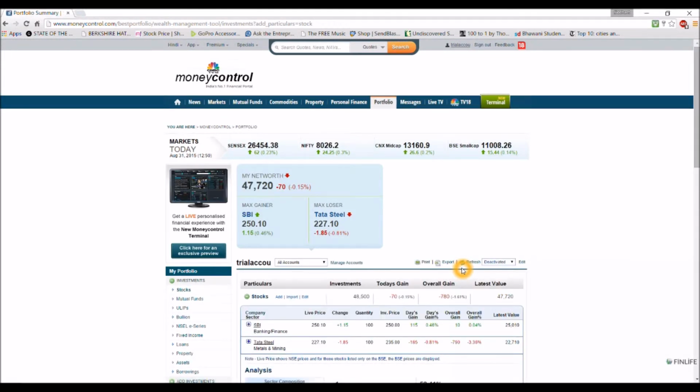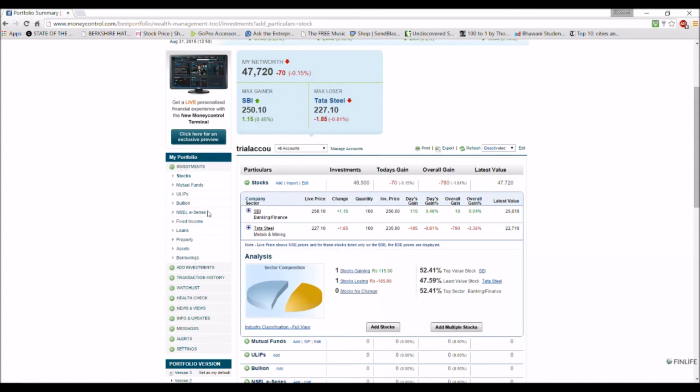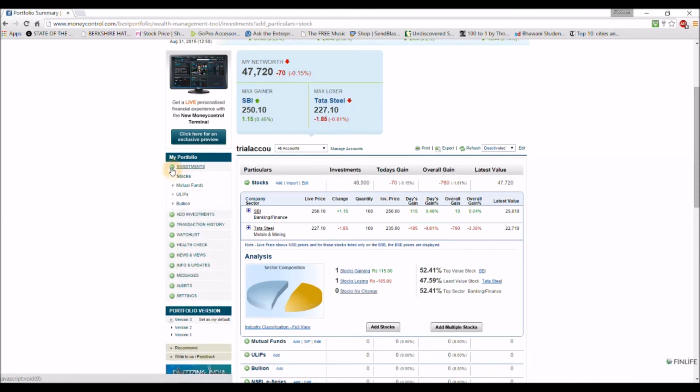Further, you've got a Money Control app. You can log into the Money Control app and check out your current holdings and the total rise and fall in your holdings. On the other hand, you can add mutual funds, ULIPs and other things, but I am mainly focused on the stock market, so I prefer stocks only. I don't add anything else here.